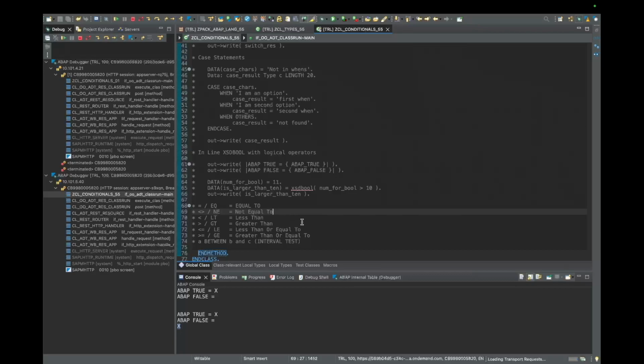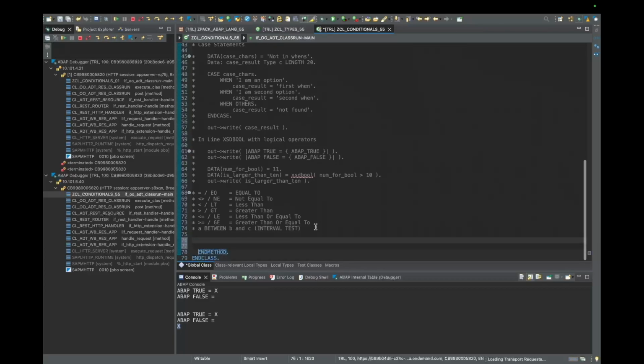Let's do one of the interval tests. The rest of them are pretty self-explanatory, and we've even done some of them too. We've done equal to, and we've done the greater than. So let's do the between. We'll set up our data is_between